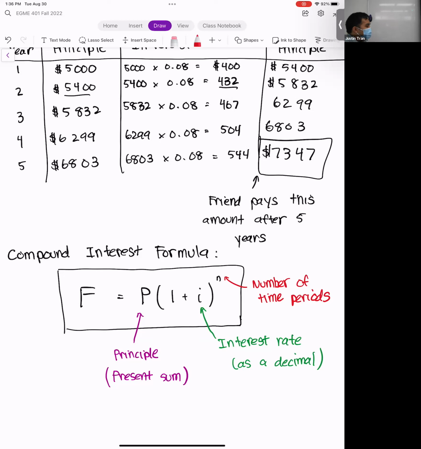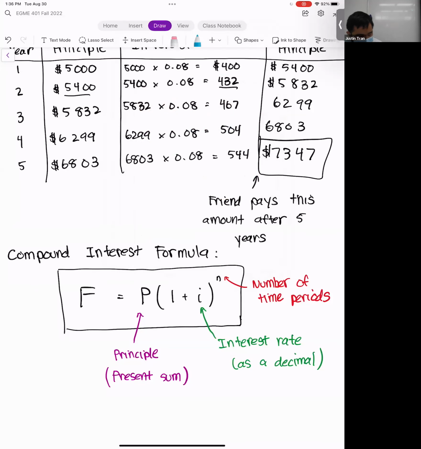I get this question a lot: whether n represents years or months, you have to read in the fine print. For this class, it'll say in the problem most of the time whether the interest is compounding monthly or yearly, so that's something to look out for. But out in the real world, you have to read the fine print to make sure that you understand what's going on.